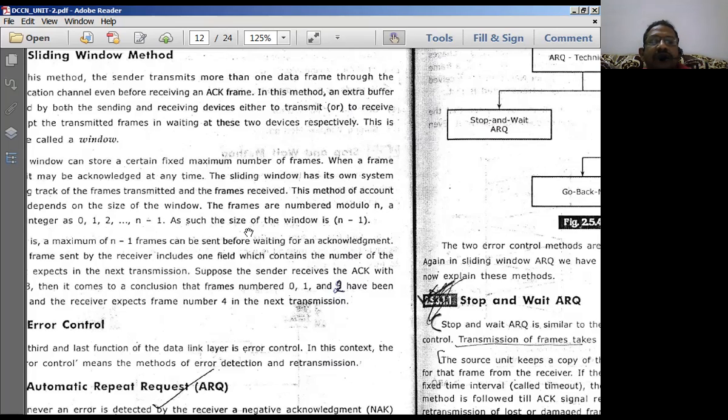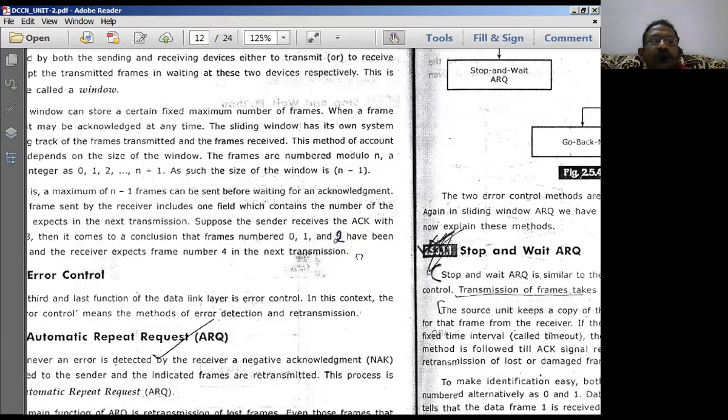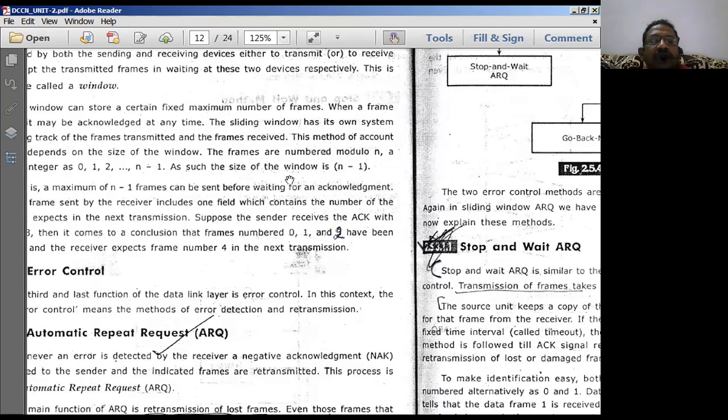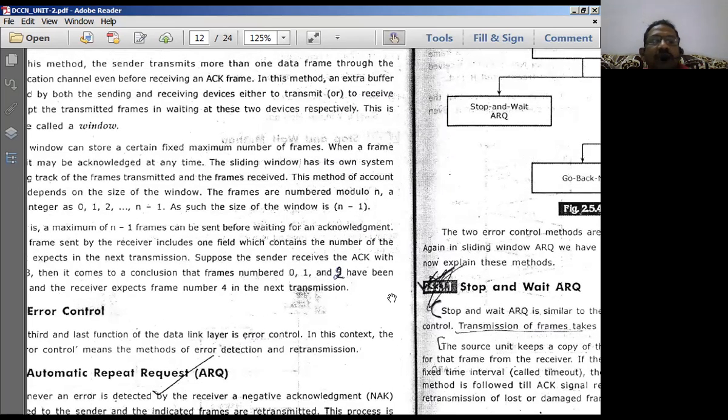As such, the size of the window can be called n minus 1 window. For example, if you are transmitting 8 frames, then we have 8 minus 1, that is 7. That means the size of the window is going to be 7.